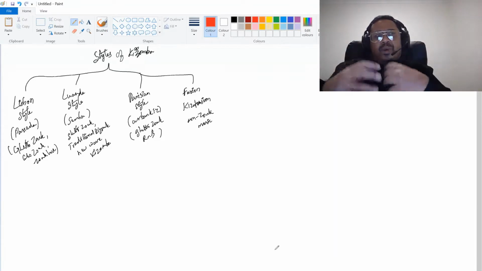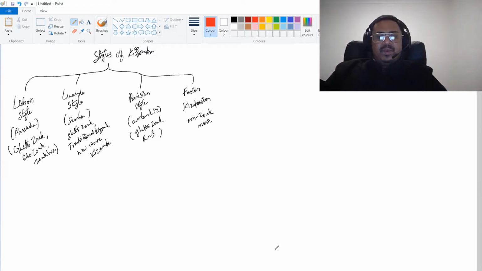in order to avoid confusion, and going forward in my videos, I'll probably refer to these styles of Kizomba with these names that I'm going to give these styles. I don't want to cause more confusion, but